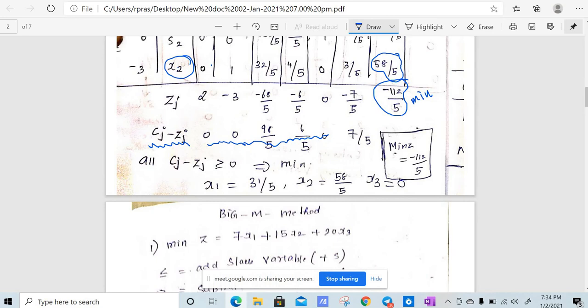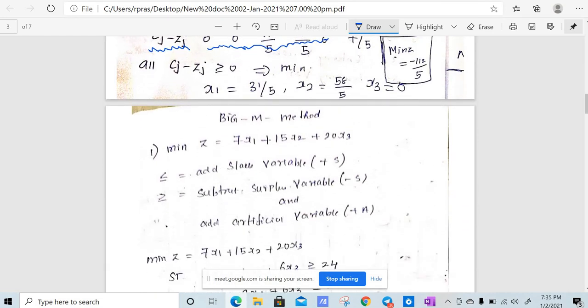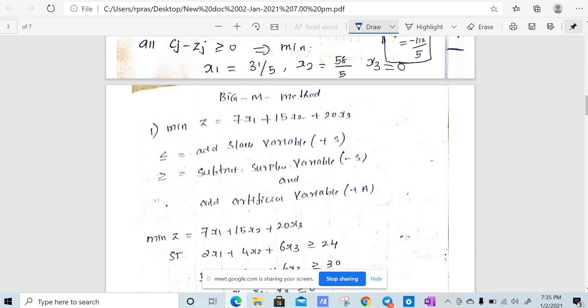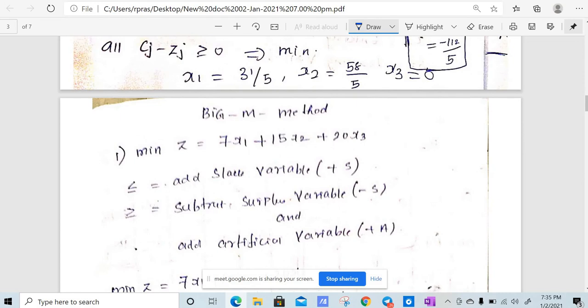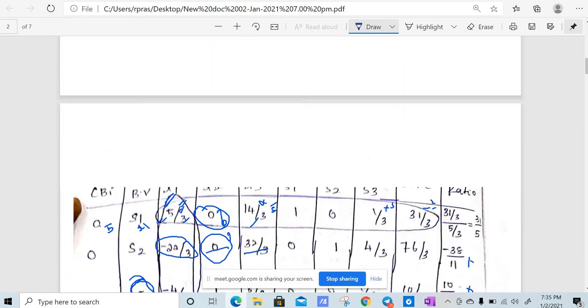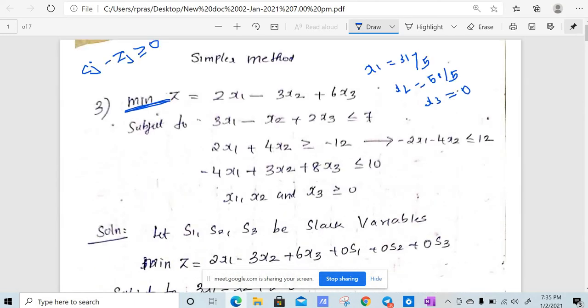So again, very similar to simplex method. Actually, it is not in the syllabus, but in the previous year, 2018, they asked this method, so I'm just going through it. Now the important thing is, in simplex method, we will always transform all the constraints to less than or equal to. Even though it is greater than or equal to, we will multiply by minus, so that this will be less than or equal to. But in big M method, you should not do like that, right?